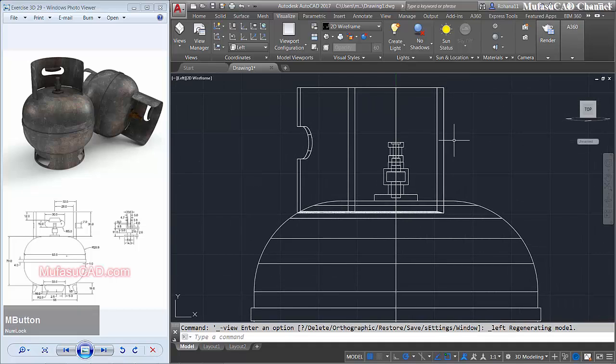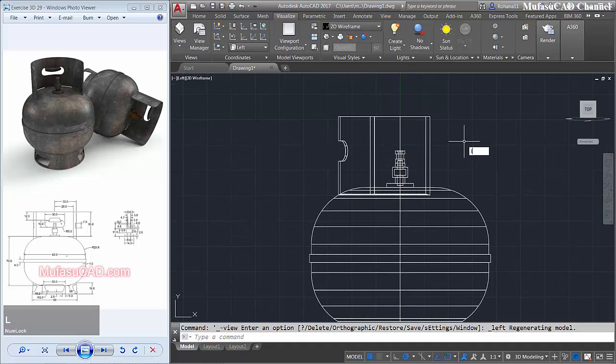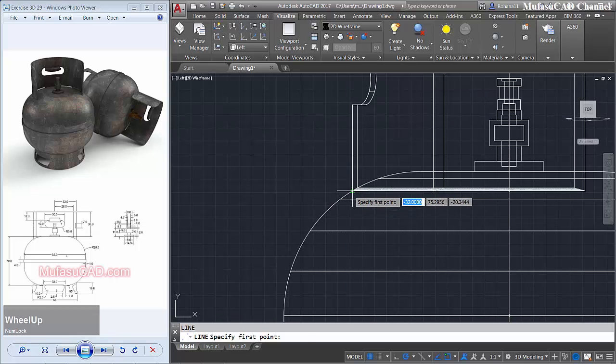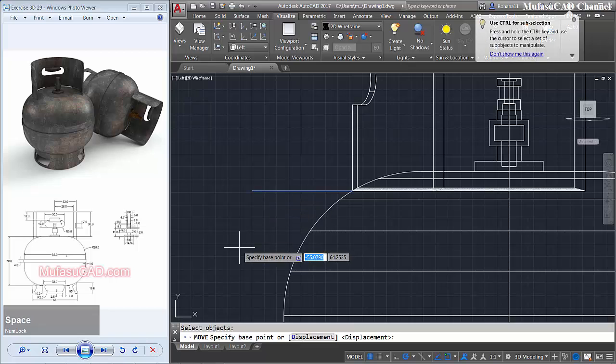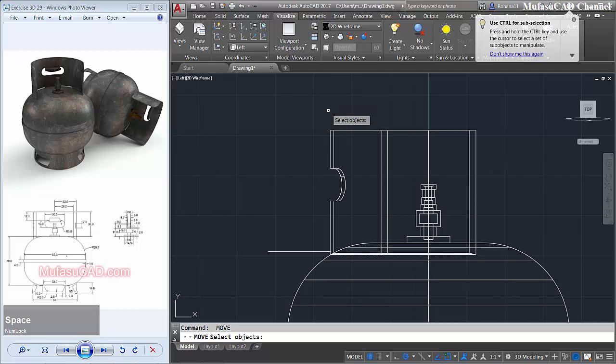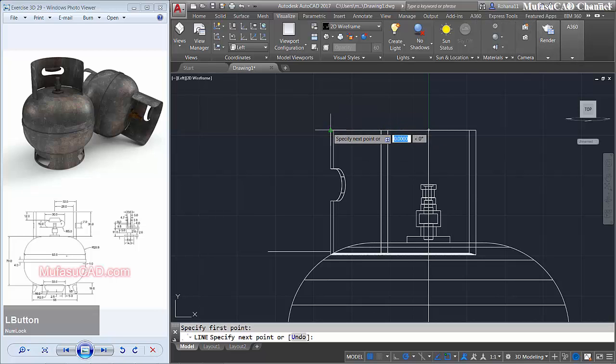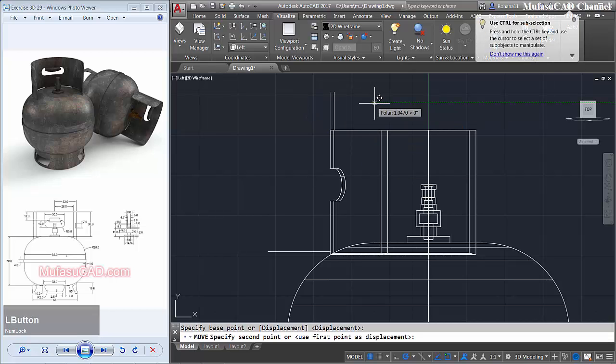I will create a line starting from this point to the left here. Move this line object to the top by 1, and we create a line starting from this point to the top. Move this line object to the right 2.